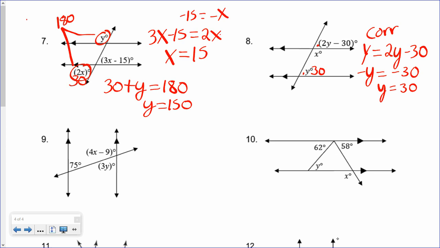Yes. How can I use that to help me find x? Supplement. What's the relationship between the x and the 30? What type of angles? Consecutive interior, which are? Yeah. Remember, when they're consecutive interior or consecutive exterior, they should be supplementary. So if we plug in y, once you know a variable, plug it in. I plug the y in for that angle. So x plus 30 equals 180. So x is